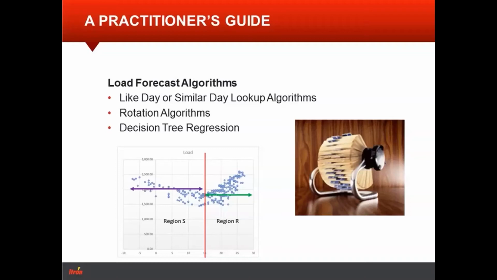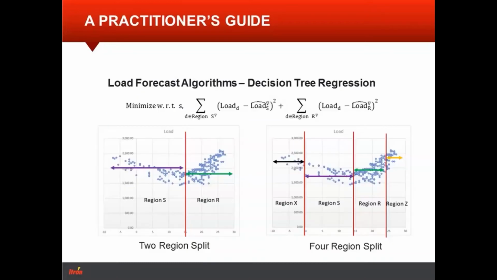Now, we compare and contrast those historically implemented algorithms of similar day lookup and rotation to something that comes from the machine learning world, which is decision tree regression. And in effect, decision tree regression does a lot of what a similar day lookup does. We segment our data based on either day of the week or day of the week and temperature. And then once we've segmented the data, we take whatever we got left in terms of the historical data, average that. That's the regression piece. Average the data we found,